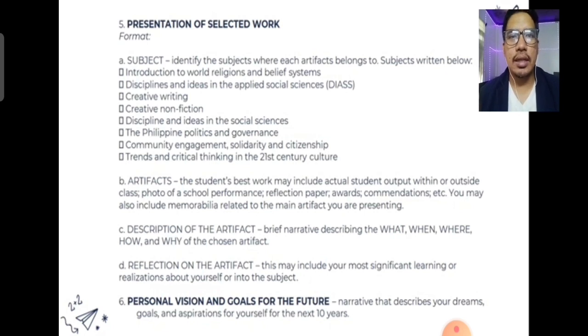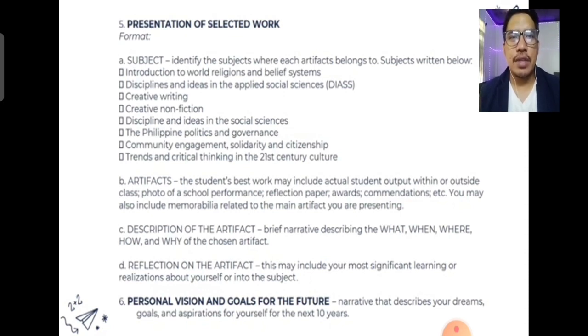This may include your most significant learning or realization about yourself or into the subject. So, example, Diaz, nag-present ka ng isang evidence. Magbibigay ka ngayon ng description, ba't yun ang napili mo? Magbibigay ka din ng reflection, ano ba yung natutunan mo dun sa topic na yon? And then, sa pinakadulong part ng